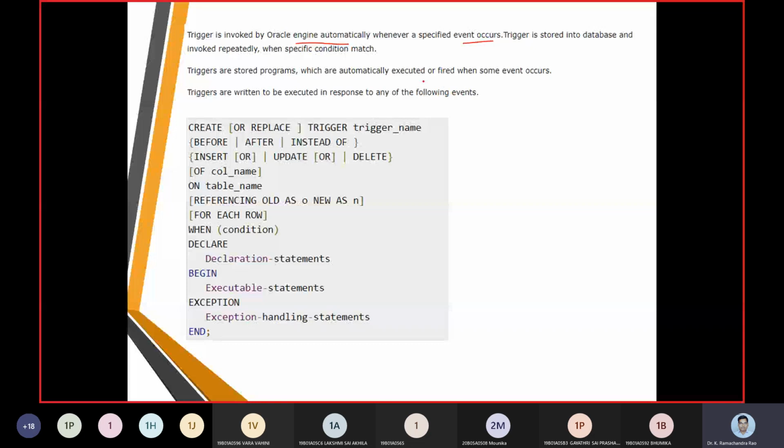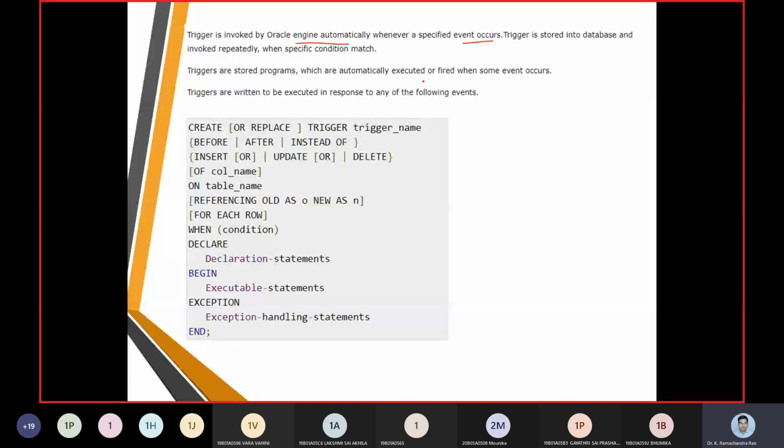So when the event is to be scheduled, it can be before, it can be after, it can be instead of, and what operations it needs to perform. Either it can be insert, update, or delete. Then it is going to tell on what columns, then on what table it is going to operate.